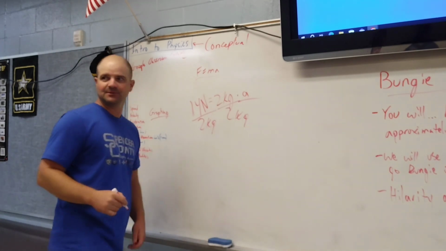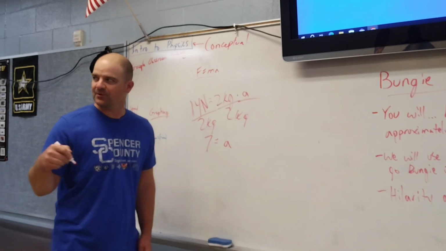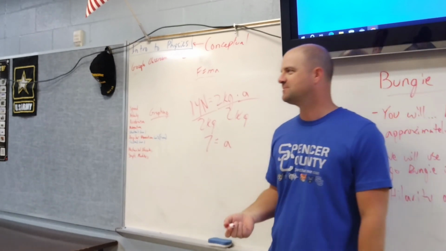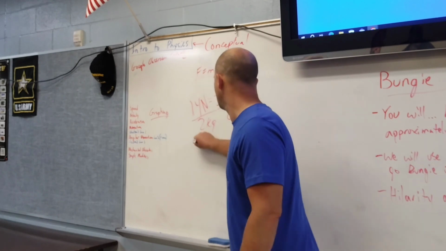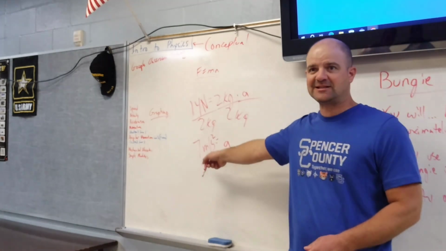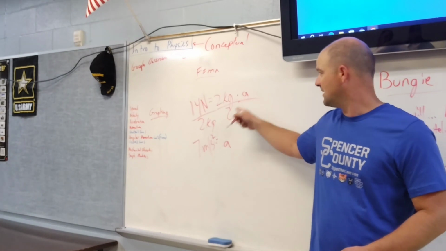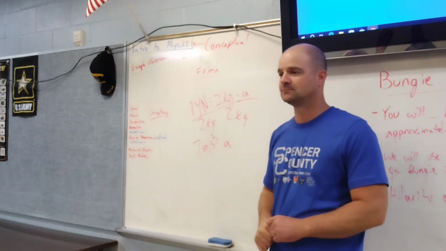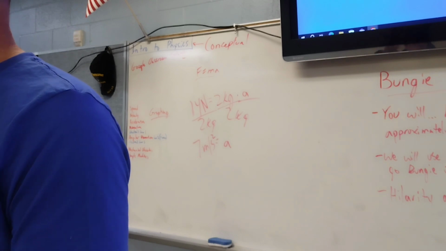What is 14 divided by 2? 7 equals acceleration. 7 what equals acceleration? What is acceleration always measured in when we're using this formula? Meters per second squared. So it's going to be 7 meters per second squared. That's it. Does that make sense? How do we check our answer? Plug it in, make sure it's true. Is 2 times 7 14? Yes. There you go. Everybody good on that one? Awesome. Any others you have a question on? Is everybody